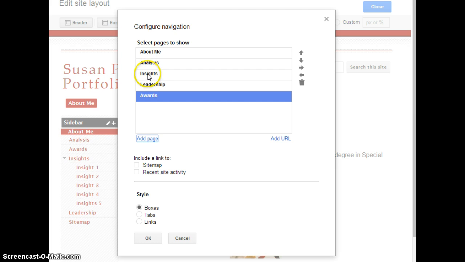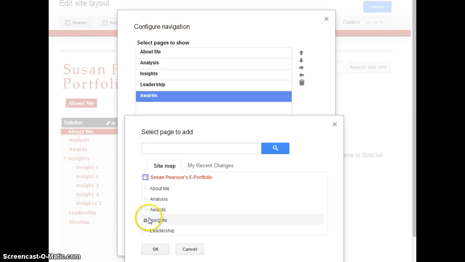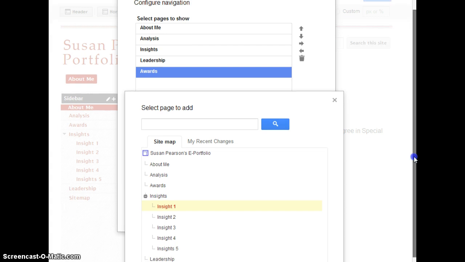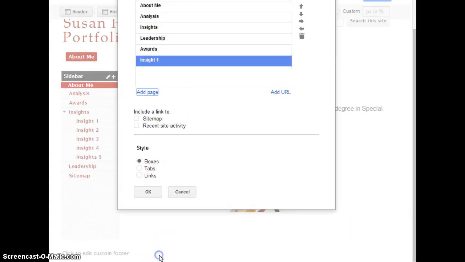Also, for the insights, what we can do here is, let me go ahead and show you. Let's go ahead and add those pages too. Insight 1. Unfortunately, you can't do multiple ones here, which is unfortunate. It'd be nice to be able to highlight them all and move them all up at once. This is kind of a little tedious. We're going to add